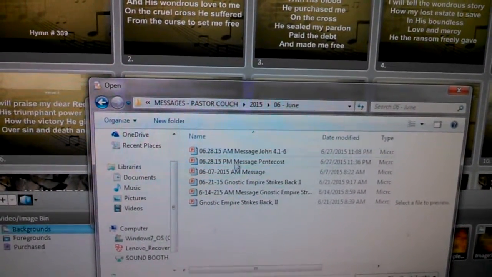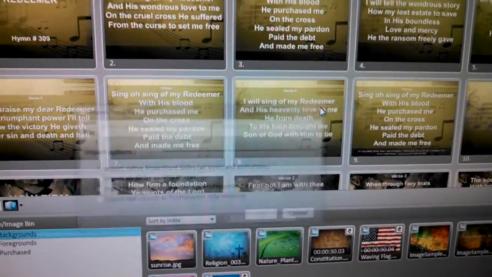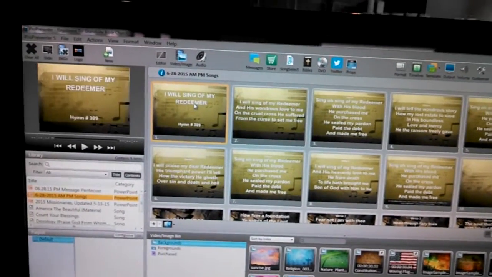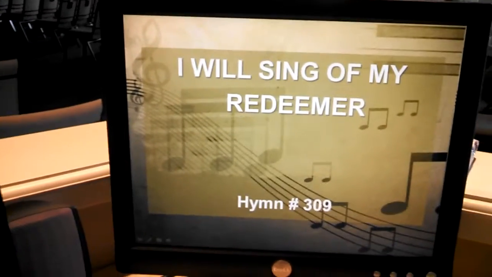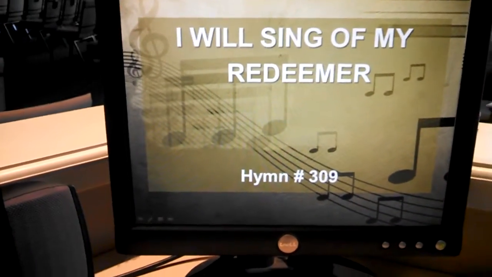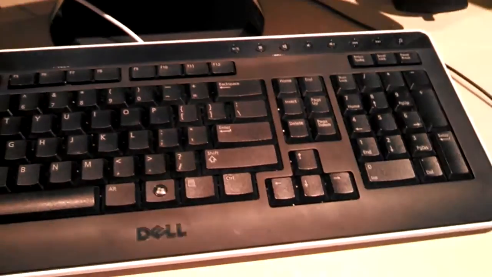So they're all right here, and I've already got them loaded in, so I'm not going to load another one in. I can just close out of this. All right, so you've got your songs here. One click on the first slide starts it. And then from there, I advise against using the mouse as much as you can. This is like a no-no for advancing songs. You either use the keyboard arrows